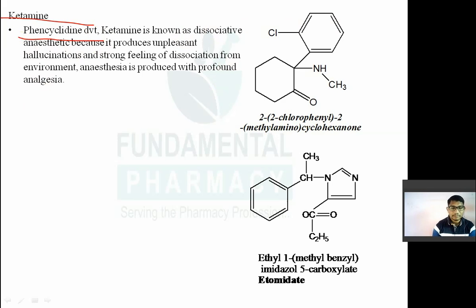सो इसके ऊपर भी एक बार क्वेश्चन आ चुका है. One of the following drug is phencyclidine derivative. फेन साइक्लिक, फेन मतलब क्या है यहाँ पे, फेन मतलब फिनॉल है, साइक्लिक मतलब साइक्लोहेक्सेन। सो फेन साइक्लिक डेरिवेटिव बोलेंगे, इसका स्ट्रक्चर देखो। सो इट इज